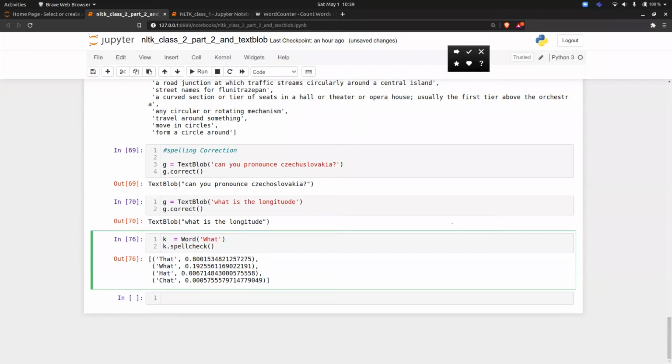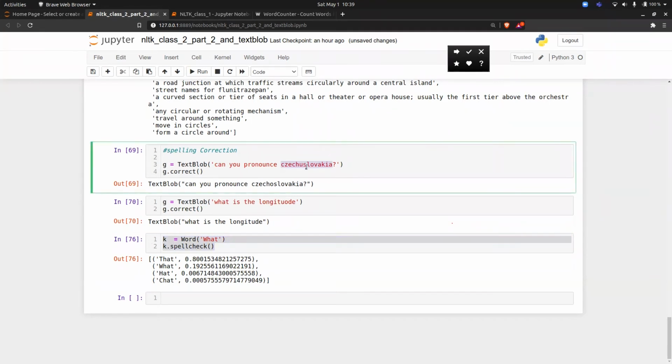Again, it's not a perfect library, of course, but it will help you for other use cases. This use case is not working, but suppose you're typing some word like Czechoslovakia, which you don't know the spelling of. You create an application and it will give you the correct spelling for that. Again, I'm saying this is not a perfect library because, like you pointed out, it's not working fine. So we have other libraries to work with this. I got your point totally.